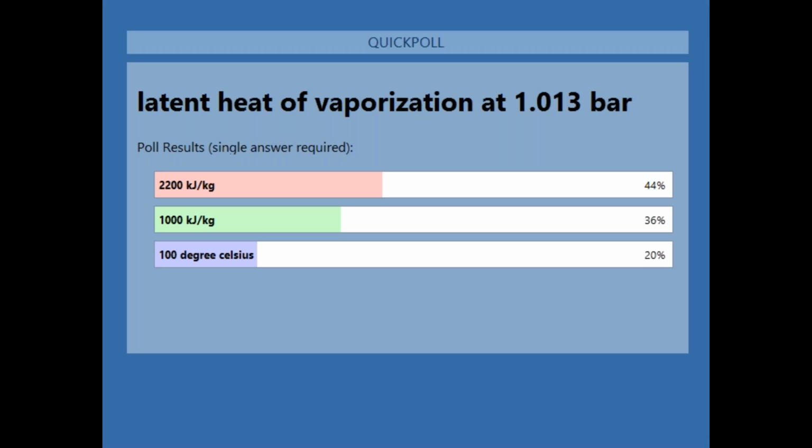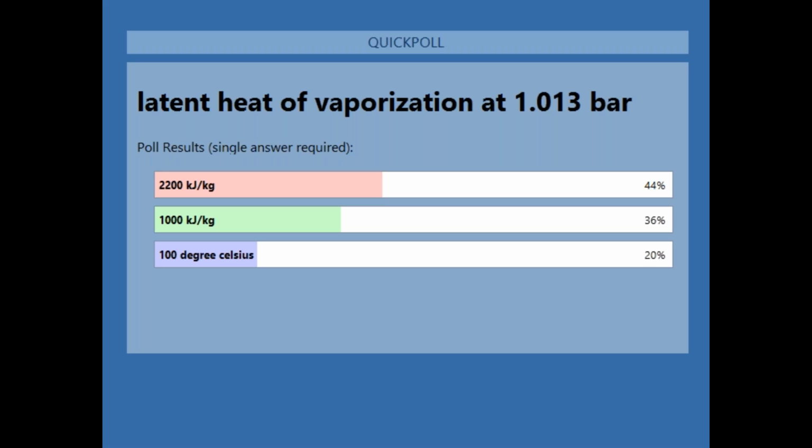So when students are saying that latent heat of vaporization is 100 degrees Celsius, obviously this 20% of the class are the least interested in this course. Okay, for whatever reasons, right? So that is the incorrect answer. I am not going to forgive this 20% of the class. But I would tolerate this 36% who are giving 1000 kilojoules per kg as the answer. But the correct answer is obviously coming from this 40% of the class, which is saying it is 2200